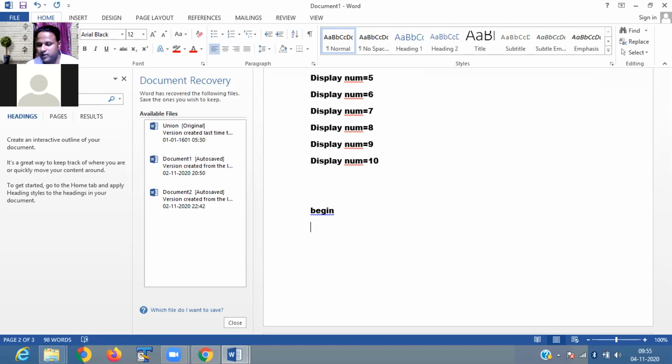If you want to store a number, then numeric is used. Numeric num. Suppose 1 to 20 with the increment of 2. So here 1,